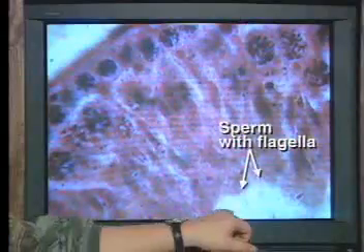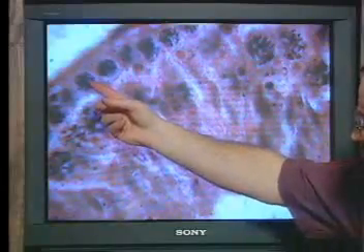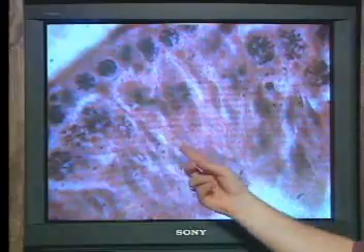Now, would you expect the spermatids to be haploid or diploid? Haploid, and they would lose most of their cytoplasm and develop into a mature sperm. Notice the flagella? Good. So, in spermatogenesis, a single diploid cell results in the production of 4 haploid mature sperm cells. Well, that can't be the same in females.